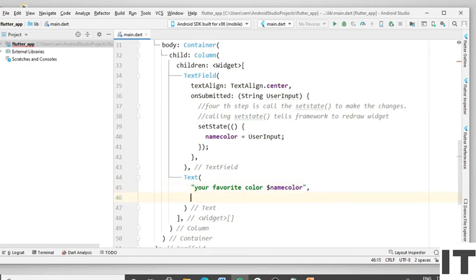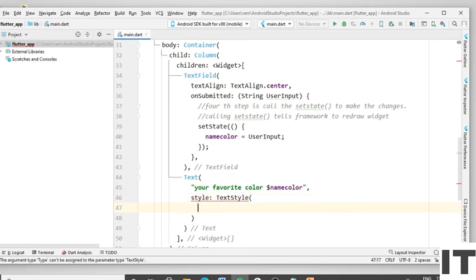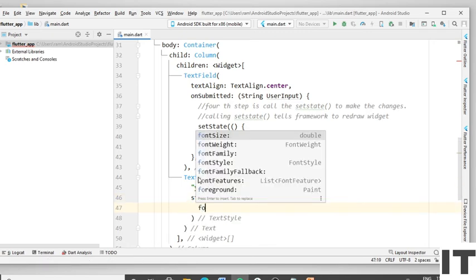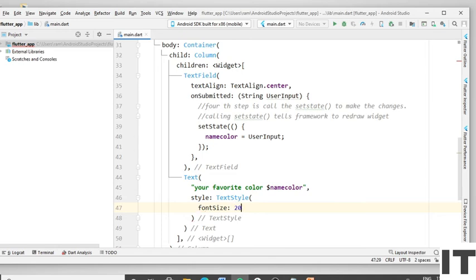Give the comma and type the style. Type TextStyle, remove the comma and open the round bracket. Type fontSize 20.0. Give the comma.